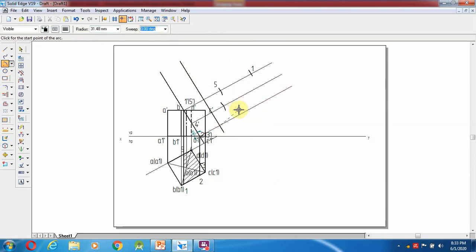Enter. And the full length, we can measure with the help of this line. So that is 45.46. Select a line, sorry, arc, 45.46. Enter. From here to here.